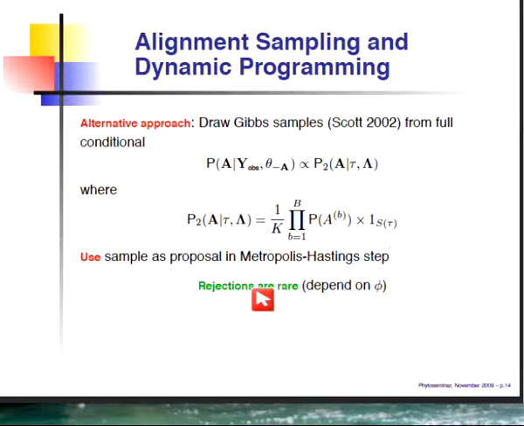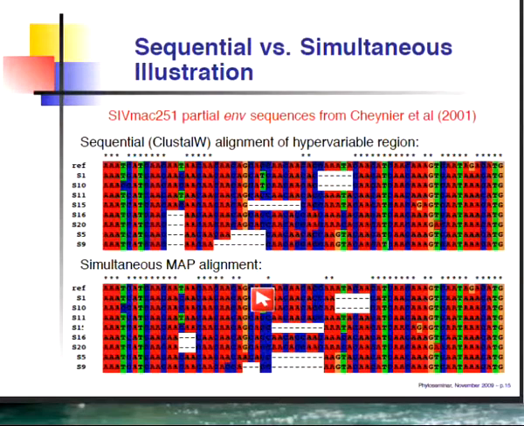quite pretty to do. So here is a very small example of the type of uncertainty you might expect in some sequences that are very similar to each other. Here are a number of envelope sequences taken from some SIV virus. And at the top, what we have is the ClustalW alignment. And the ClustalW alignment seems to think that it actually puts all of the insertion deletion events on the tips. But if we were to be smart and reinterpret it, we might say that there's the 1, 2, 3, 4, 5 indels that it's trying to put in here.